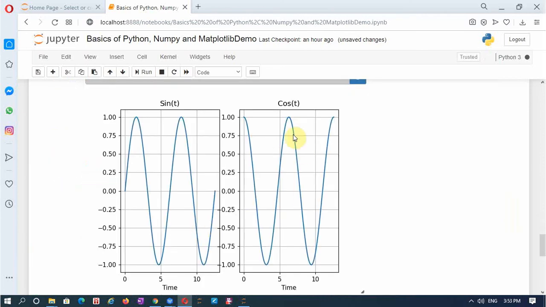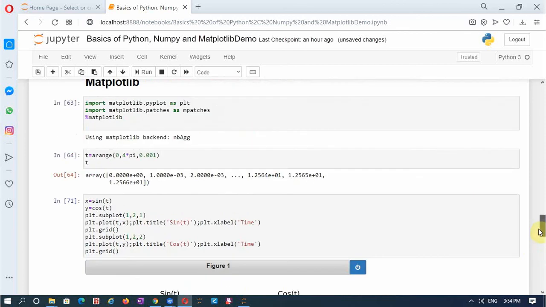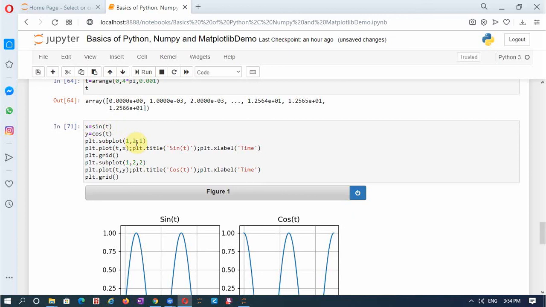So with this, if I run, you will find that x label for both is time, and each one is having its own axis of reference, time and the Y axis. And the title for the first one is sin t. This is the position of 1, 2, 1, and this is the position of the subplot 1, 2, 2, which is cos of t. So if I want to organize it in a column fashion, just interchange this 1 and